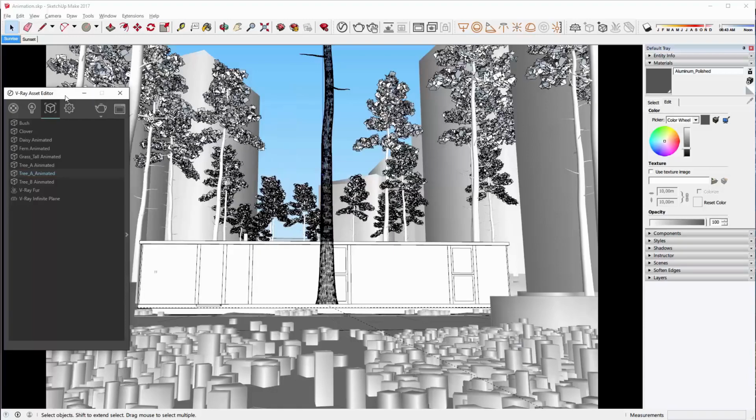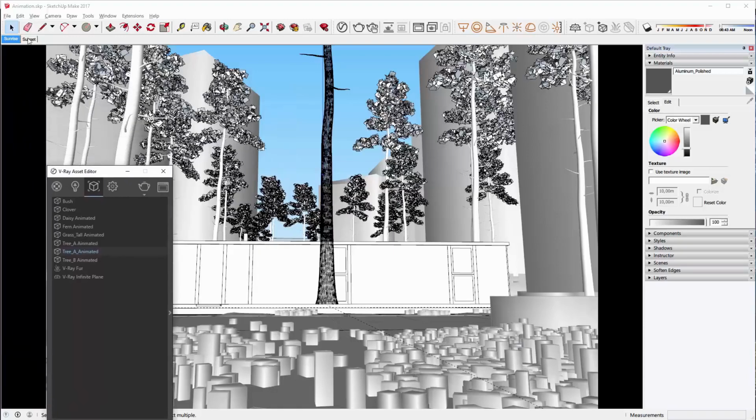We also can render animation, and we have two scenes here. One is sunrise and the other is sunset. And if you take a look at the shadows, I'm going to undock it so you can see more easily. Let's go back to sunrise, and you can see that the time is animated.